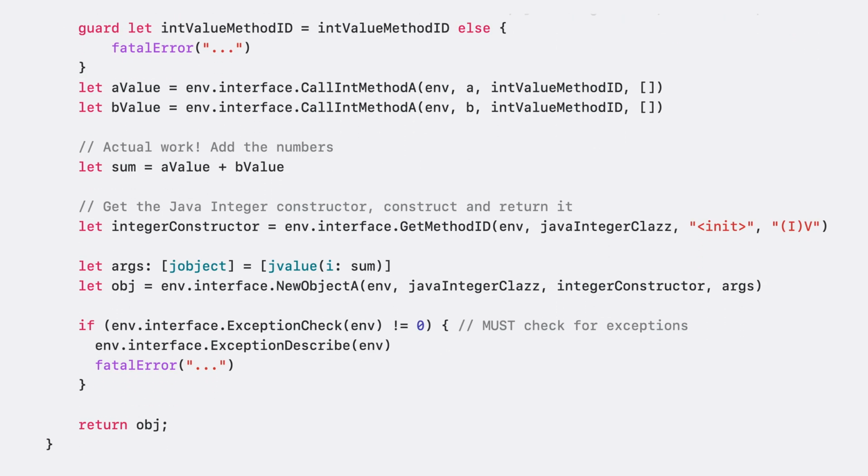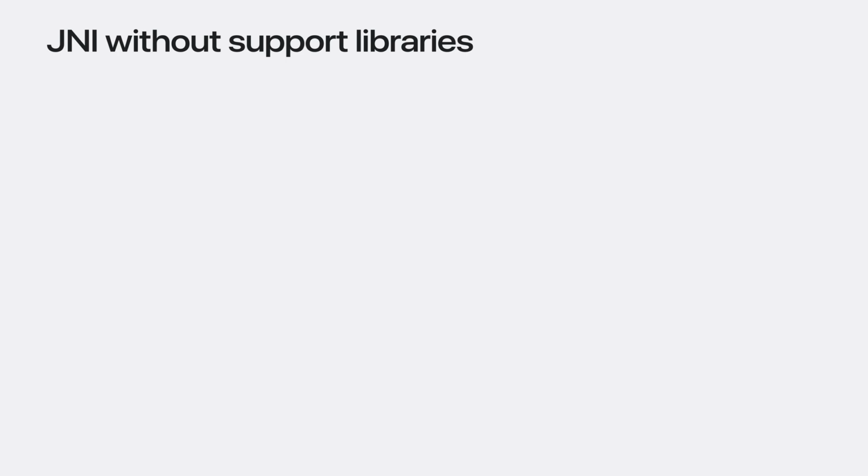Oh, that's a lot of code, isn't it? All the boilerplate is really drowning out the actual logic implementation, which is over here. It isn't just noise. It is numerous opportunities to get something slightly wrong, which would then result in a fatal crash. In summary, JNI is a well-supported way to call native code from the JVM, but it's also very difficult